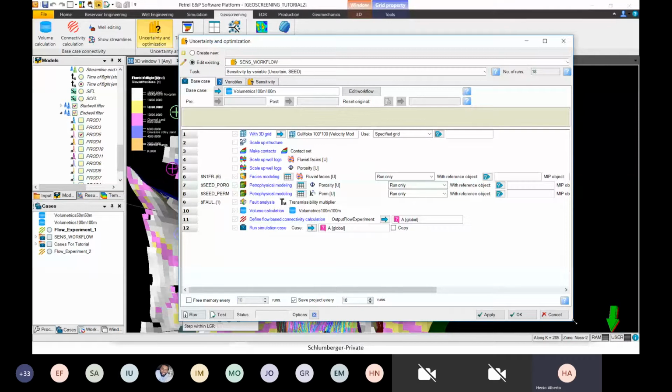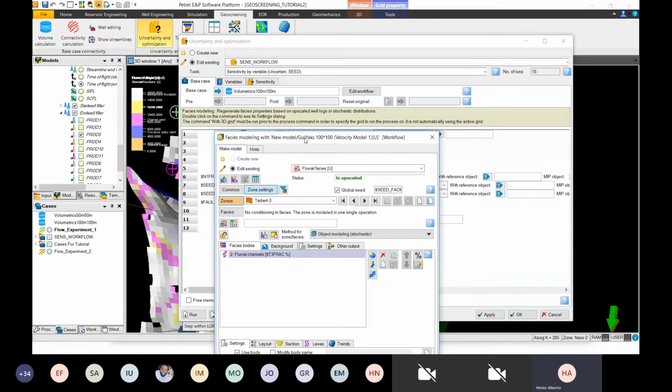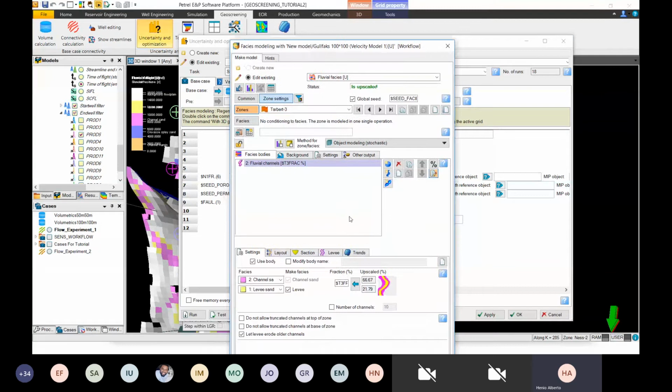But here what we are defining is all the steps that we use to create the geological model. And through these steps, we have three main important steps in the geology. One is the facies modeling, the other is petrophysical modeling, where you model porosity and permeability. And I have uncertainty in those. If I double click in my facies model, this is where I put the fraction and the size of the channel, how much percentage I have in levees, how much percentage I have in the sand